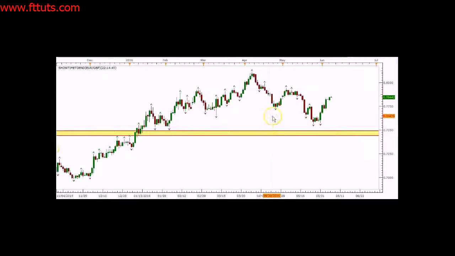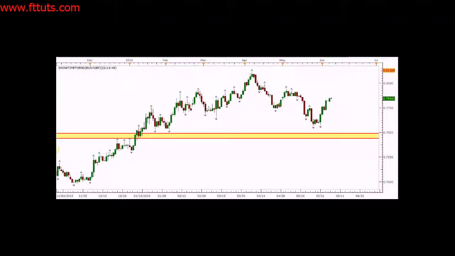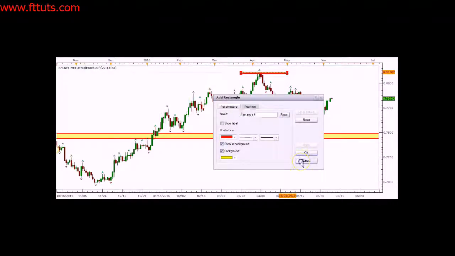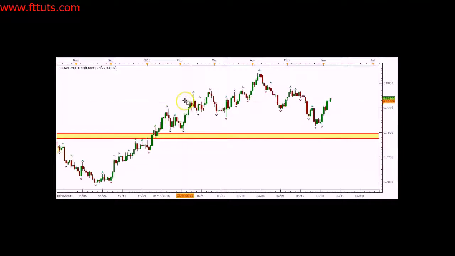So again, I would draw another zone here. Now this is not a tested zone, so that's the problem here. So I want to see if it's tested. I could extend it to see if it has any relevance anywhere else. So it's a really small zone. You don't have to draw candles with small zones like that. Let's take, for instance, it was a wick like this. We could do it. But we don't want to do it